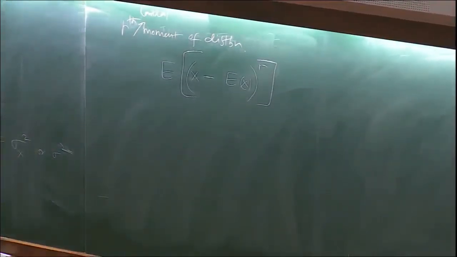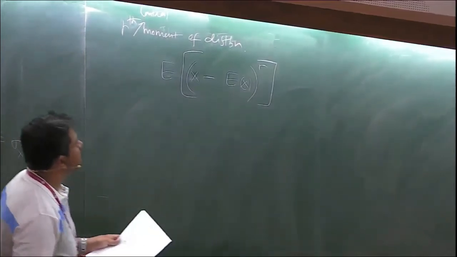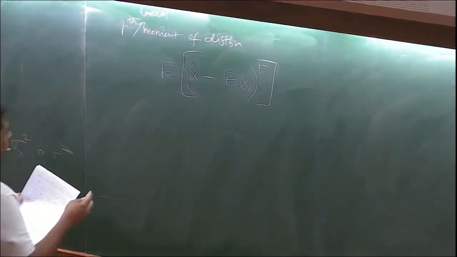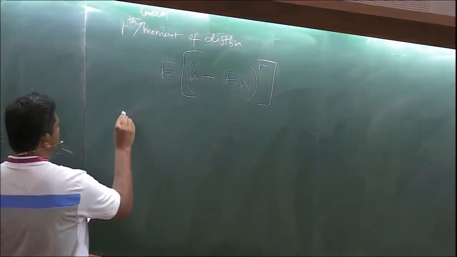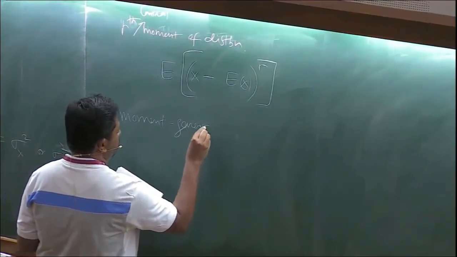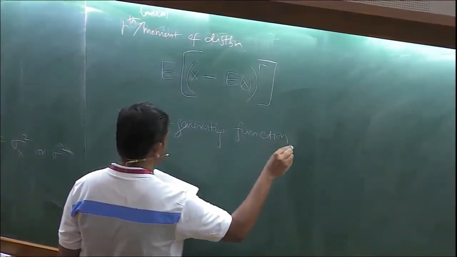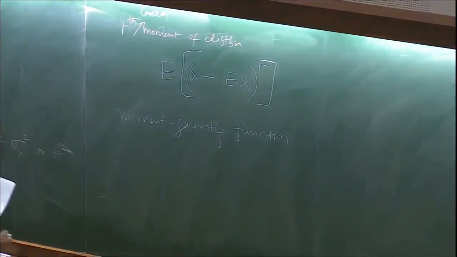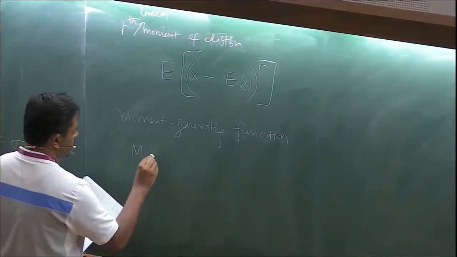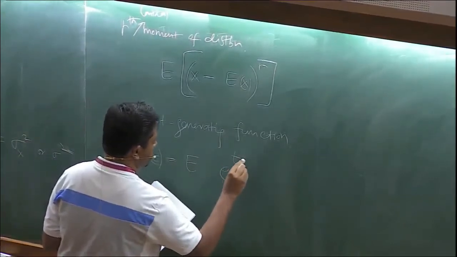The first central moment is 0. The second central moment is, by definition, the variance. And so one can keep defining these things. But there's a nicer trick. What you could do is define this function called the moment generating function, and find out its expectation value. So the moment generating function, m of t, is just the expectation value of e to the t times x.